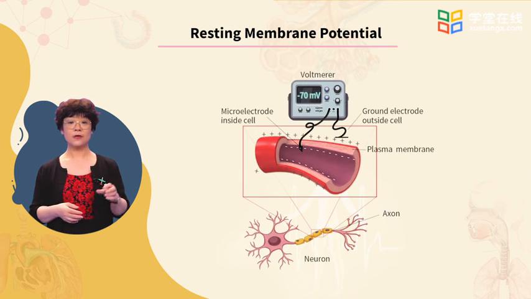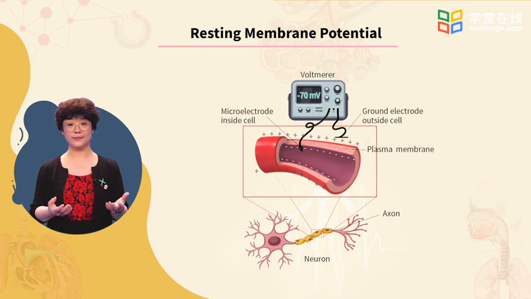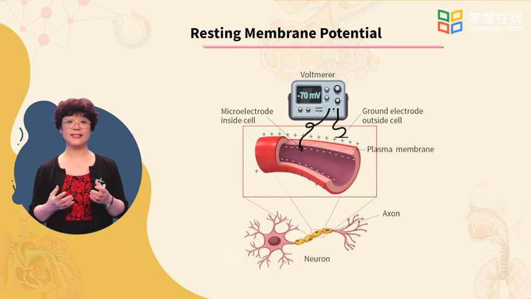Simply, one microelectrode of the voltmeter is placed in the axon and the other in the extracellular fluid. A voltage across the membrane is recorded. It is approximately minus 70 millivolts. The minus sign indicates that the inside of the membrane is negatively charged relative to the outside. This potential difference in a resting neuron is called the resting membrane potential, and the membrane is said to be